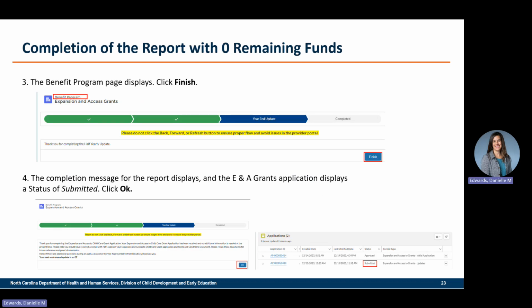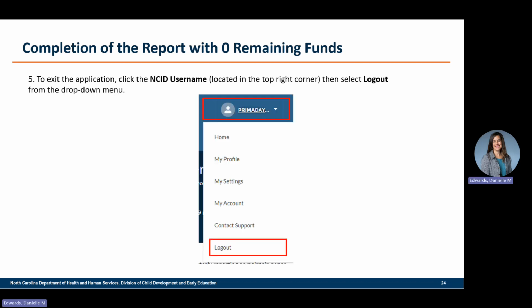And similar to the screen when you finish, it will show a status of submitted once you click the finish button. And then you are free to log out of the portal at that time.